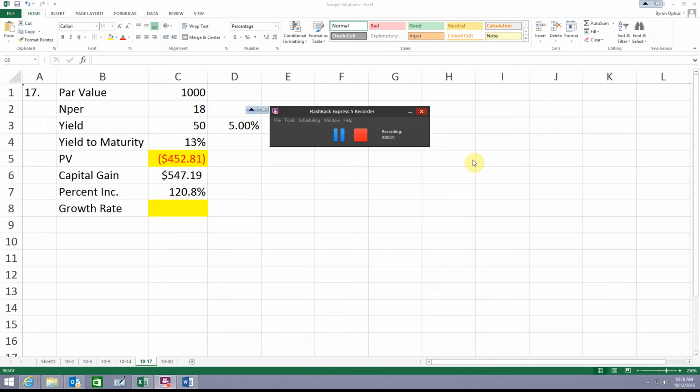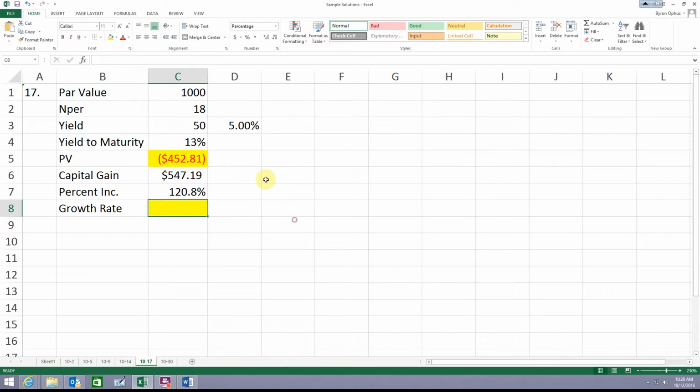All right, so let's take a look at number 17. I've done a similar problem here, just changed the numbers, but it's exactly the same. You could read through your problem, and we input the variables. We've done a par value of 1,000, in this case 18, and that's the same number of periods for you guys. I used a 5% yield, and again, I find my yield, or the payment amount, by taking that times the par value. So I got $50 per year is what I'm going to get,